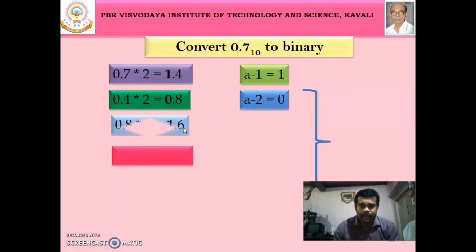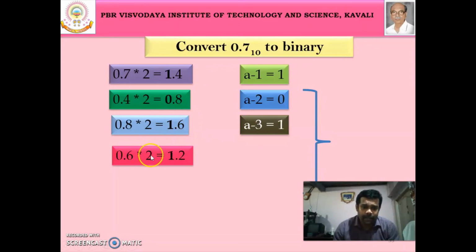Then 0.8 multiplied by 2 gives 1.6. Here we get 1 and record this as A3. Then we multiply 0.6 by 2, getting 1.2, and this 1 we record